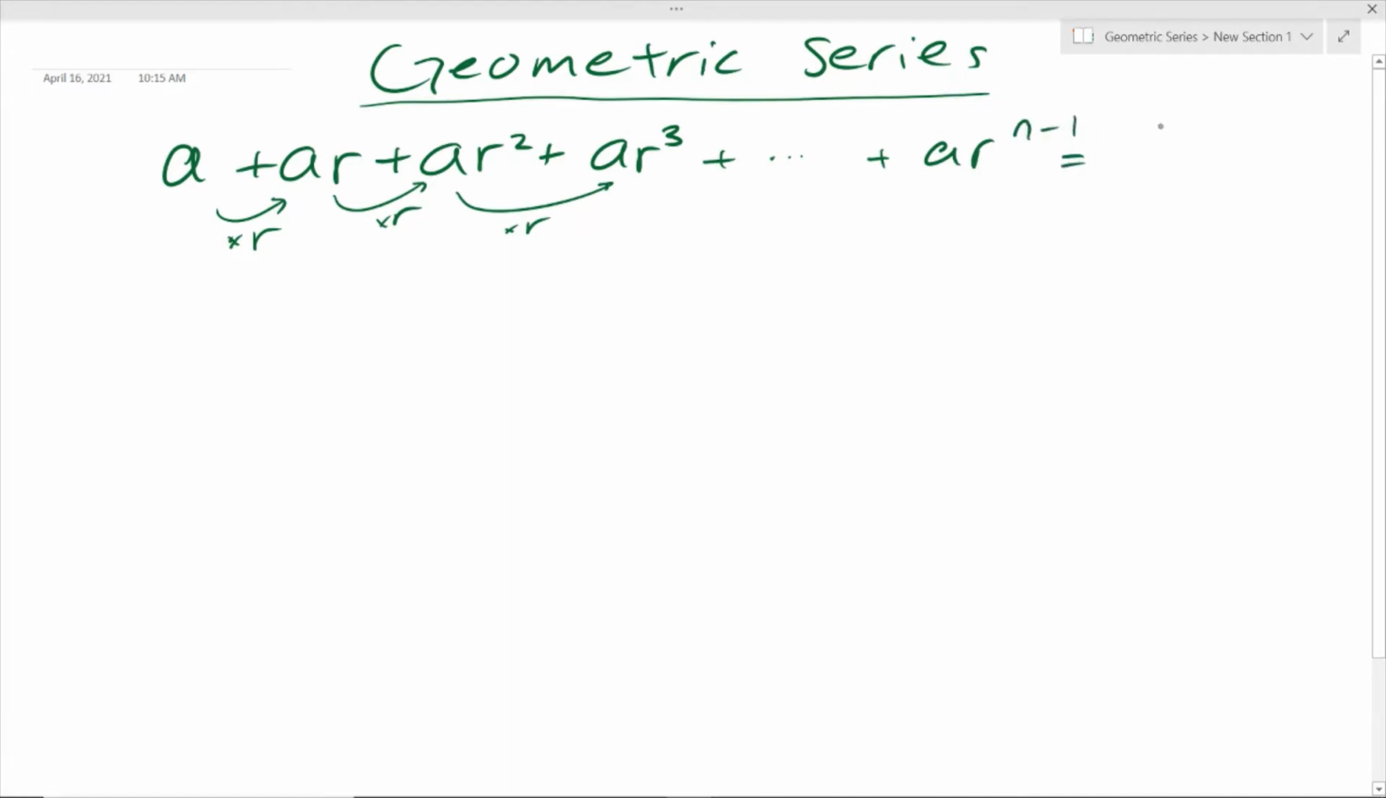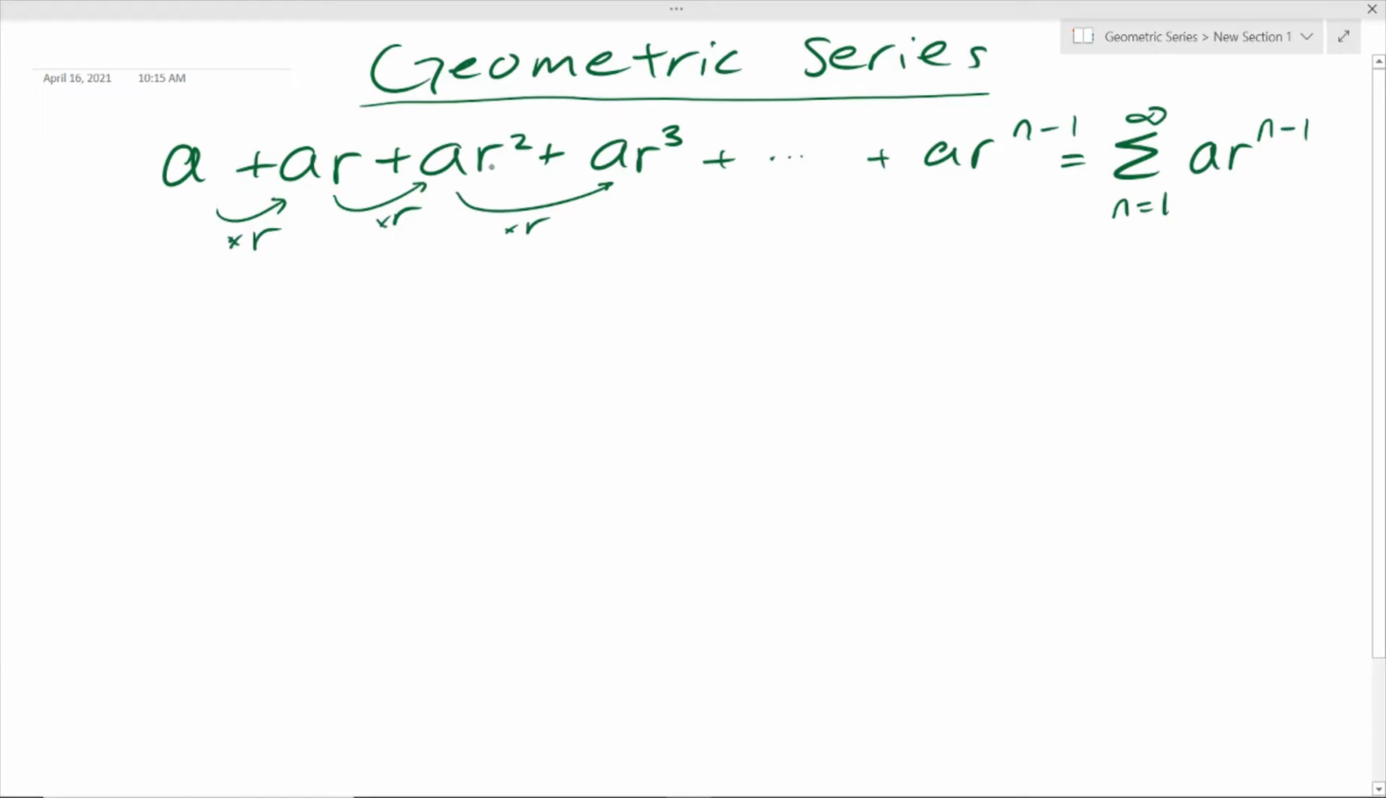And this basically looks like this if we put the summation symbol. A times R to the exponent of n minus 1. So basically this is a geometric series, and with a geometric series we want to know if it converges or diverges. And to tell whether it converges or diverges,